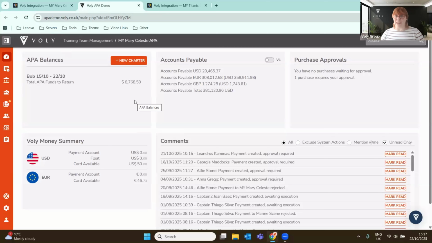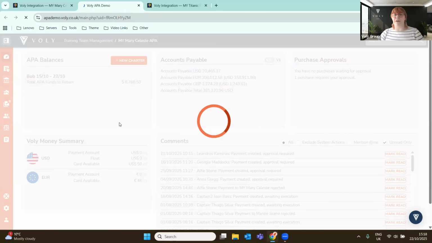Are the crew going to reliably give you the receipt on time? Are you having to chase them for the information? If you're a purser on board, are you spending 90% of your time asking, have they made transactions? Have they updated things? Well, no more with the Voly system, because on the banking page straight away, if a